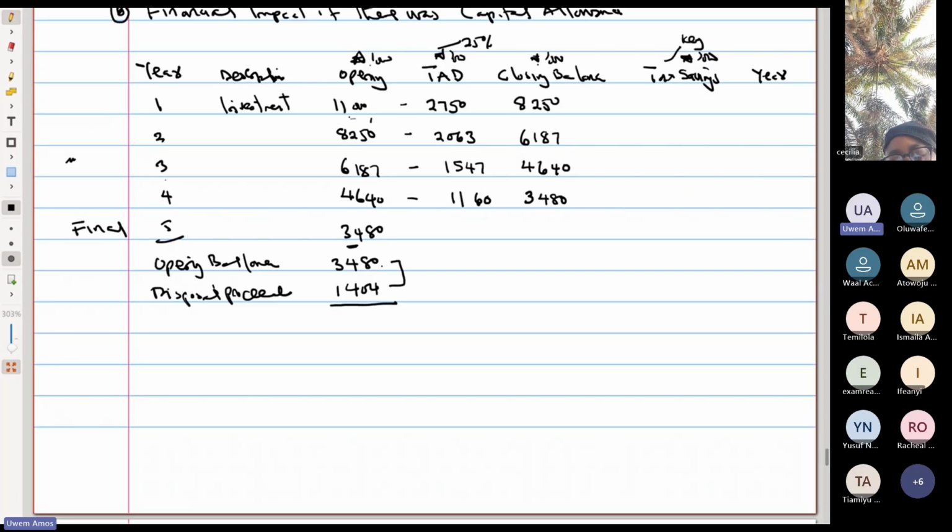So what is the difference? 3480 minus 1404 gives us 2076 as a balancing allowance. Now, if you want to understand more the concept of balancing allowance and balancing charge, please refer to